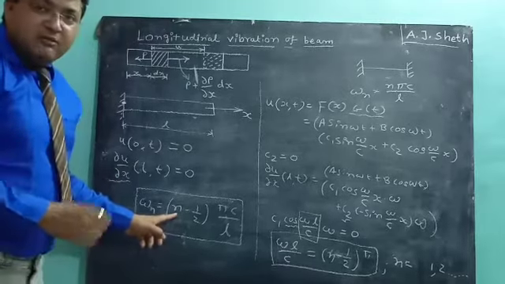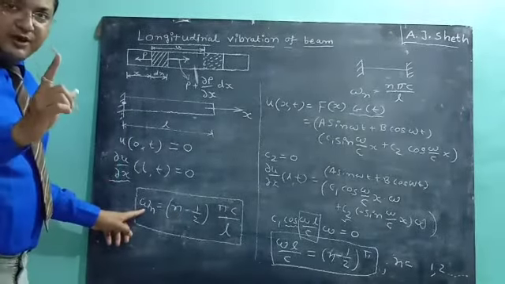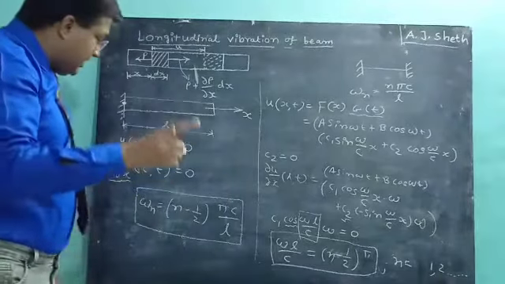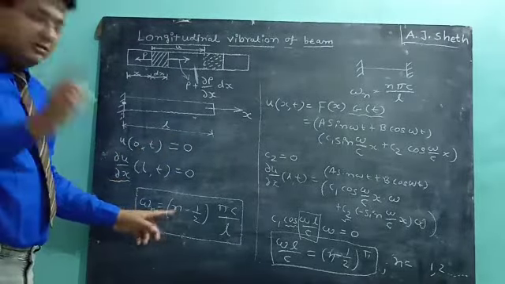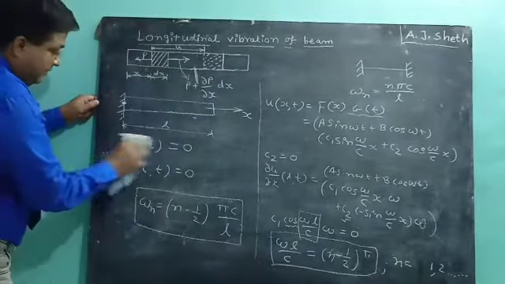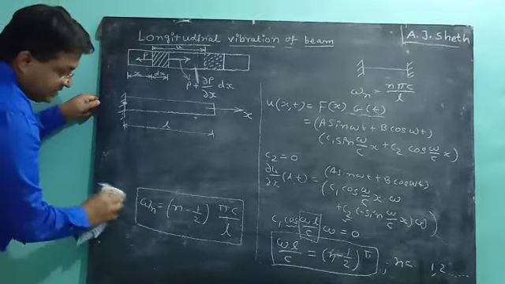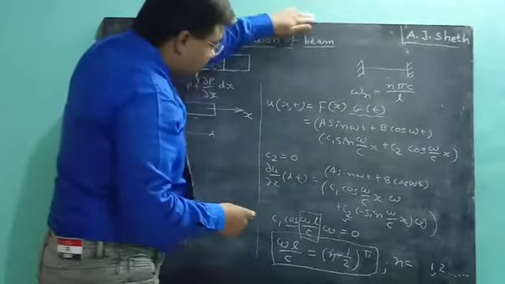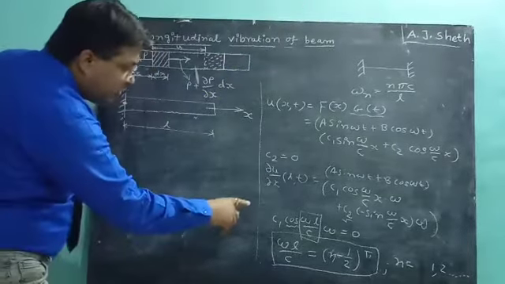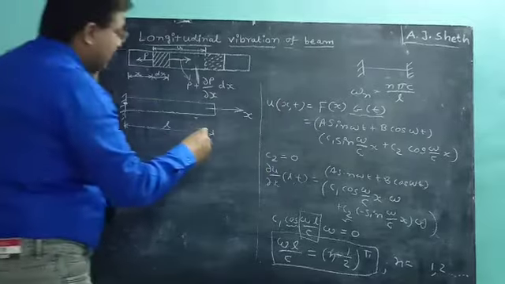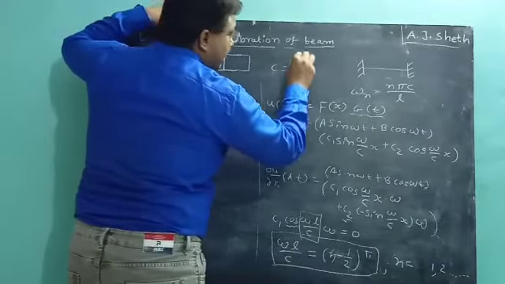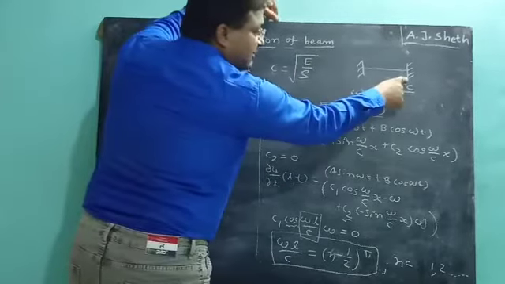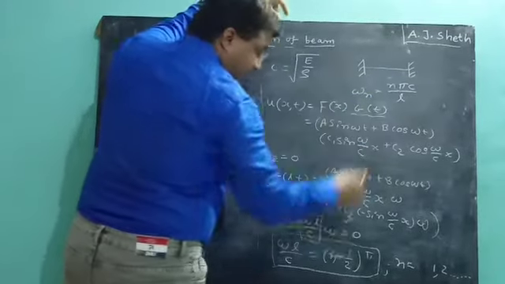Now when we put n equal to 1, we get the first mode frequency and first mode shape. N equal to 2 gives the second mode shape, and n equal to 3 the third mode shape and third frequency. Let us find out different mode shapes with the help of this equation. And c is already known to us: c is equal to square root of E upon rho, as determined earlier, while in case of transverse vibration it is the square root of F by rho.